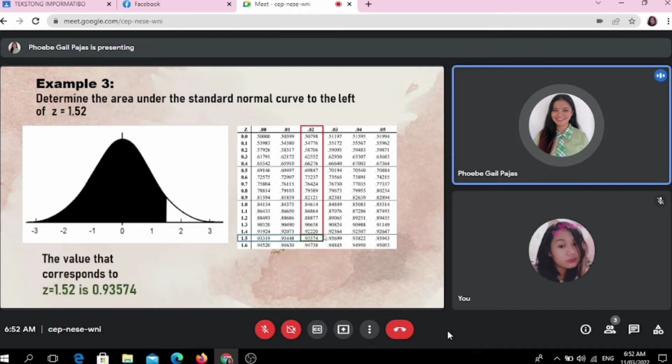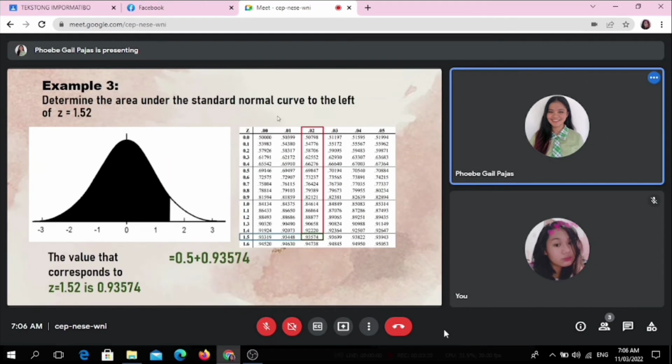Then, the intersection is 0.93574. So, the value that corresponds to z equals 1.52 is 0.93574. Since may word na to the left and positive yung sign, we will add it to 0.5. So, 0.5 plus 0.93574, the answer or our area is